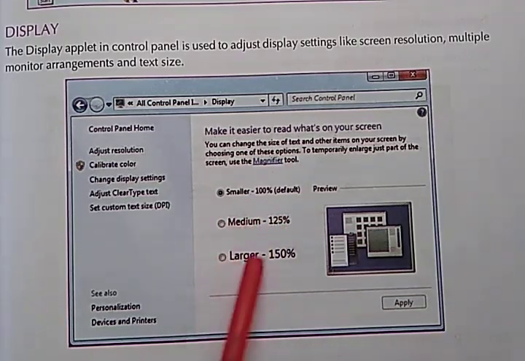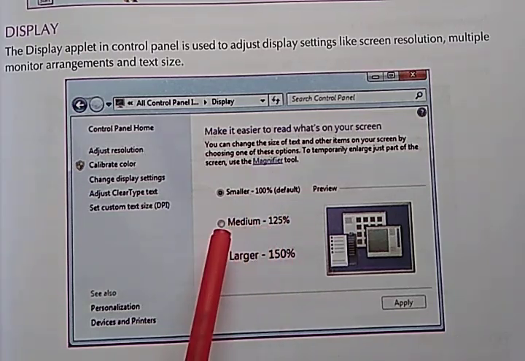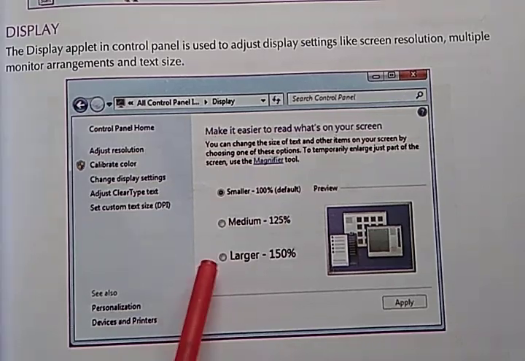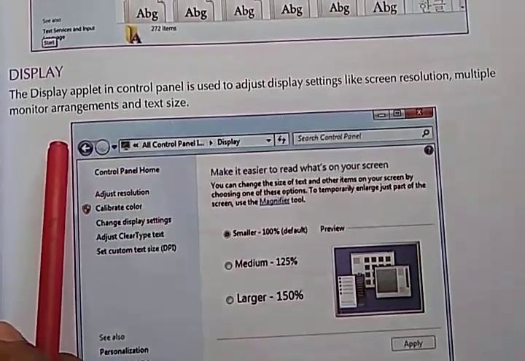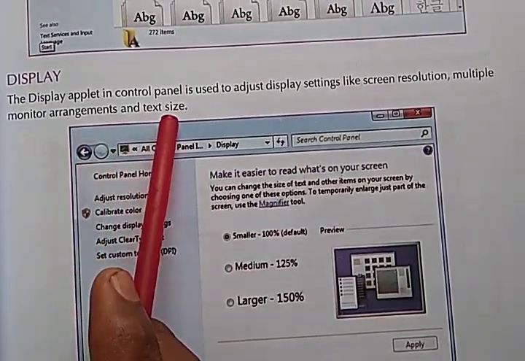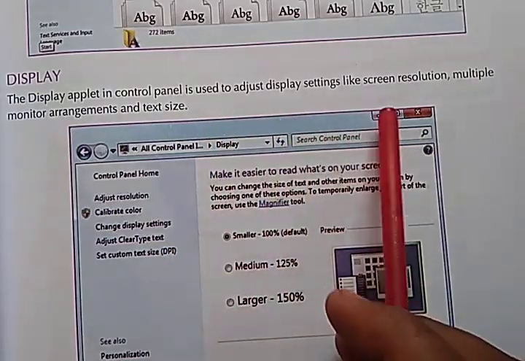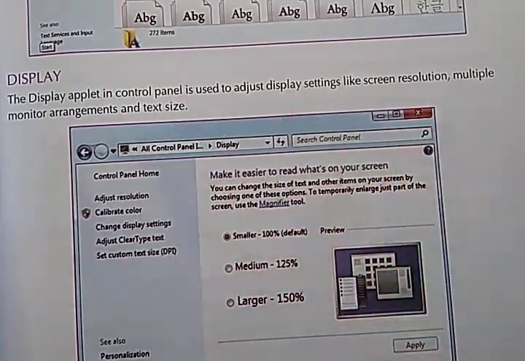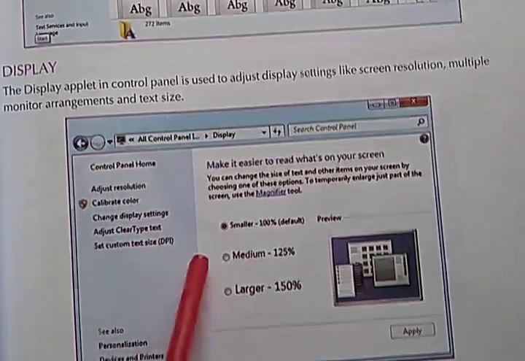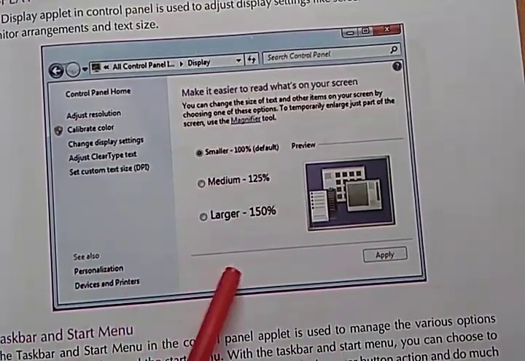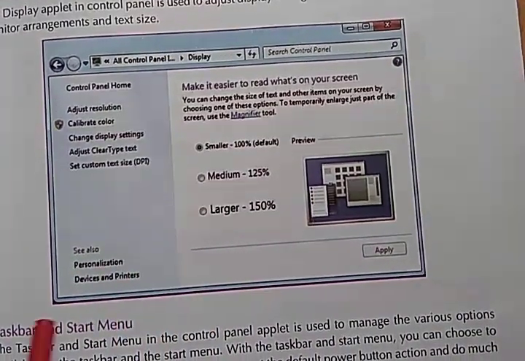So you can set any option given here, smaller, medium or larger. Also you can change it from this option.